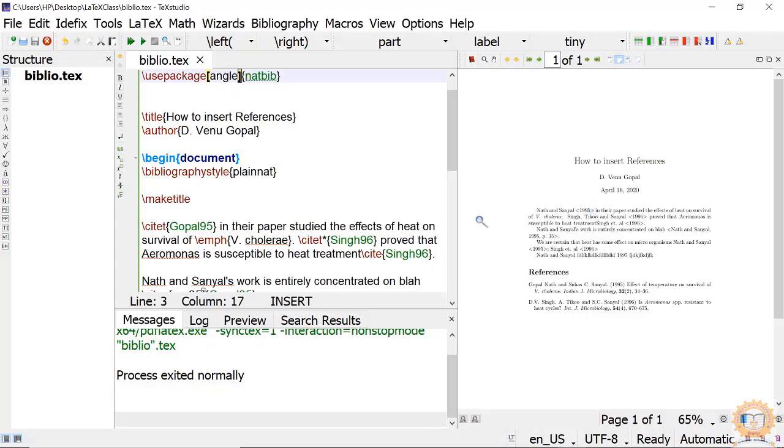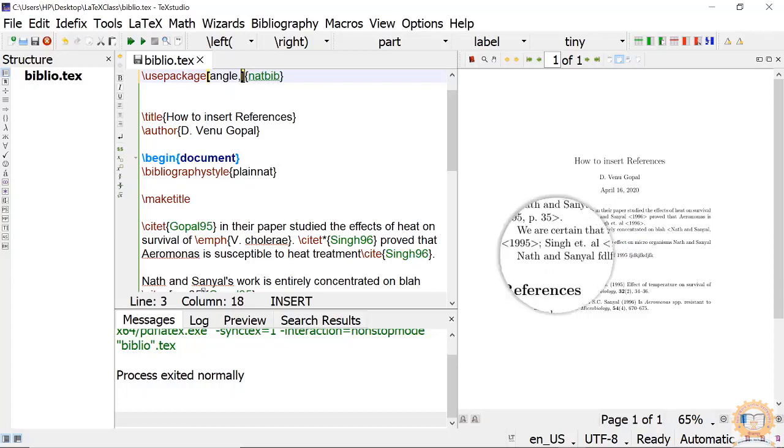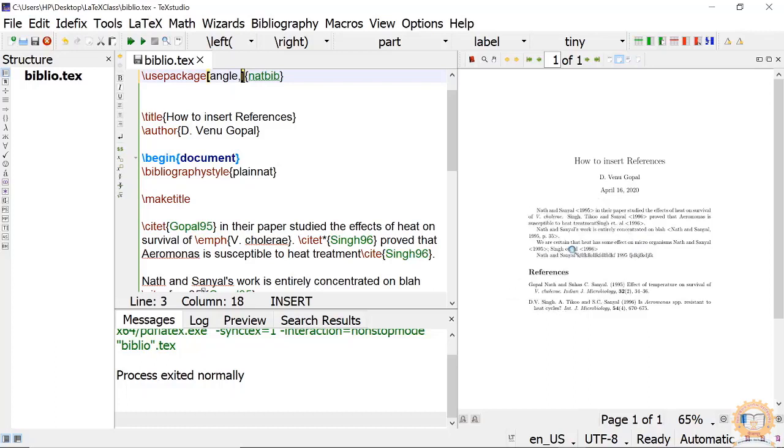Then another option is what type of colons or semicolons you require. Suppose here two names are immediately given, where is it? Yeah, here, Singh et al., like this. Suppose I change this again. I'm not using this. And colon, so I give colon between this.